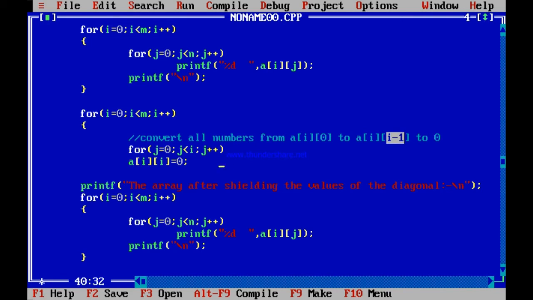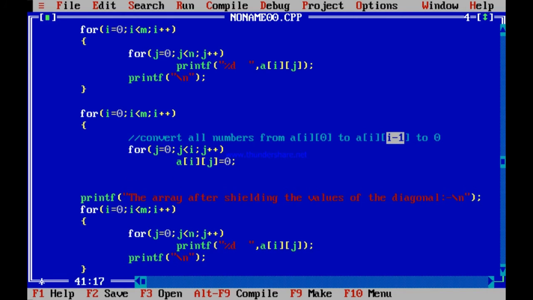All numbers converted to 0. Which numbers? A[i][j], where j is varying from 0 to less than i. So from Ai0 to Ai(i-1), everything gets converted to 0. So that is what you wanted.